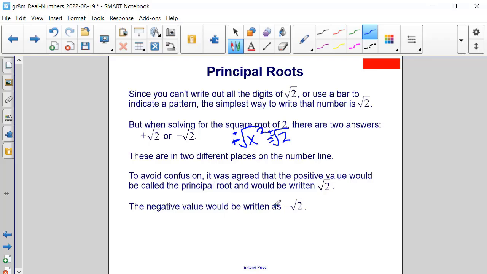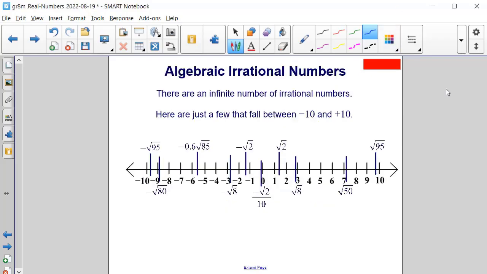The negative value would be written as negative square root of 2. There are an infinite number of irrational numbers. Here are just a few of them that fall between negative 10 and positive 10. You have the negative square root of 95, negative square root of 80, which is really close to negative 9